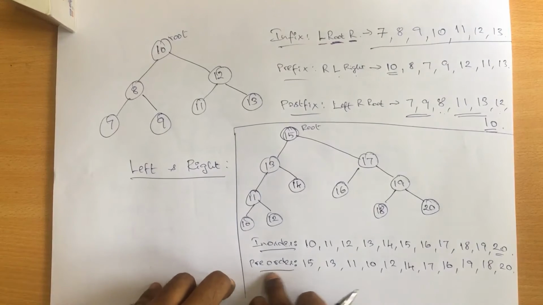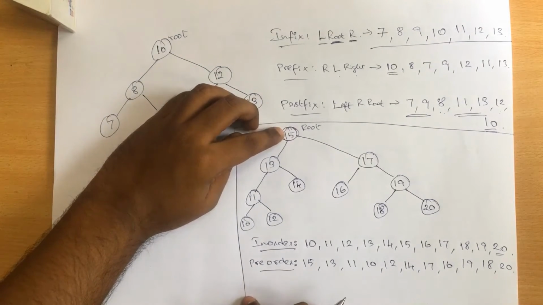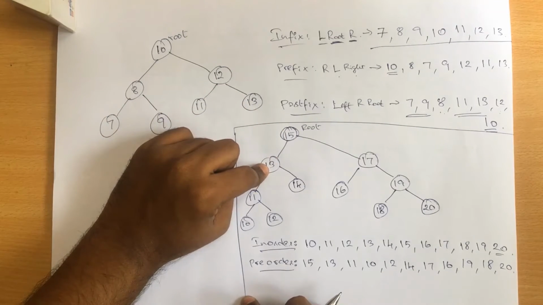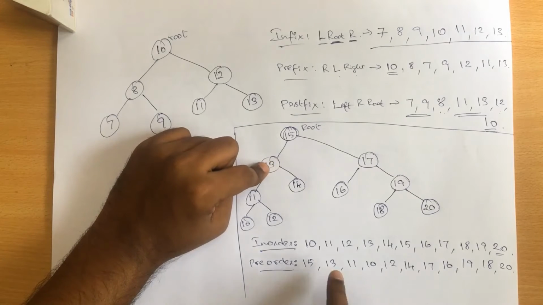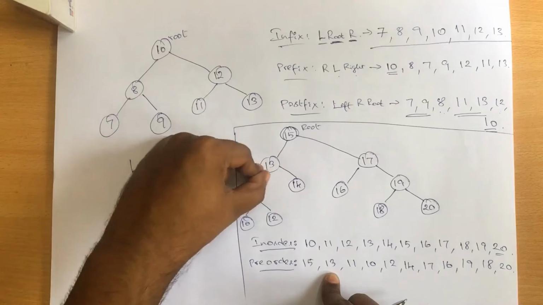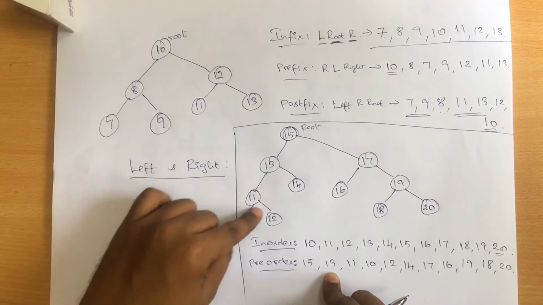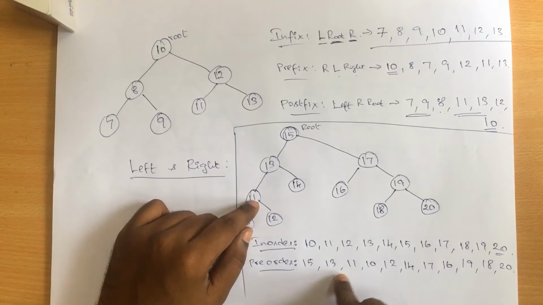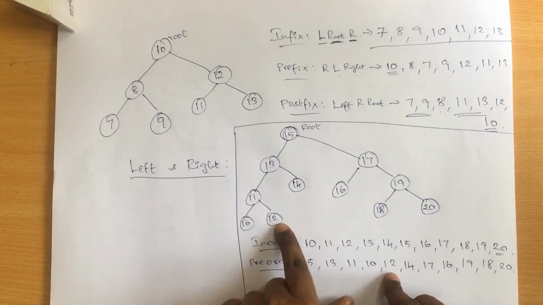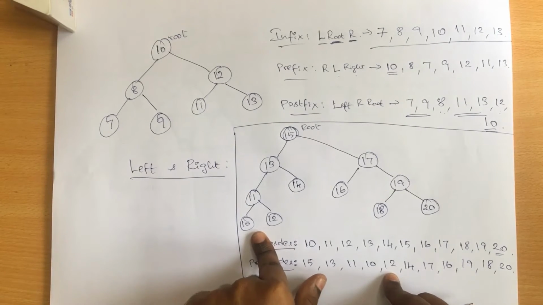So I'll explain one more time with pre-order. First, I'll be displaying the root node. Followed by the root node, we'll move to the next node, and if the next node is a root node, you can directly print it. So 13 is a root node, so I have printed 13. Followed by 13, I cannot move to 14 because 13 has a left part, right? So I'll move to the left. Here 11 is also a root node, so I'll be printing 11. Followed by 11, I have a left node, that is 10, and a right node, that is 12. After this subtree, I don't have any other values to be printed or any other nodes to visit.